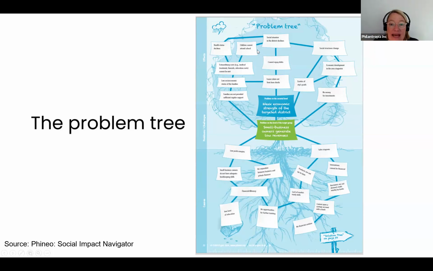And it takes time to develop this. You can develop this in a team with Post-its or on a whiteboard, etc. It's very interesting to discuss the project that you're planning in this way, because it gives you very different perspectives, and it will make your project sharper and more clear. It will also show you where you might have shortfalls. Maybe you're not so clear about all the reasons why the problem is a problem. Then you have to look into that, because if you don't fully understand the issue you want to solve, you cannot solve it. And later that will give your proposal so much more strength.